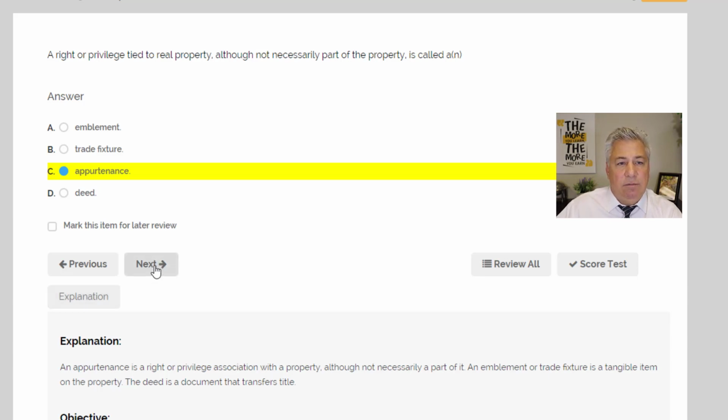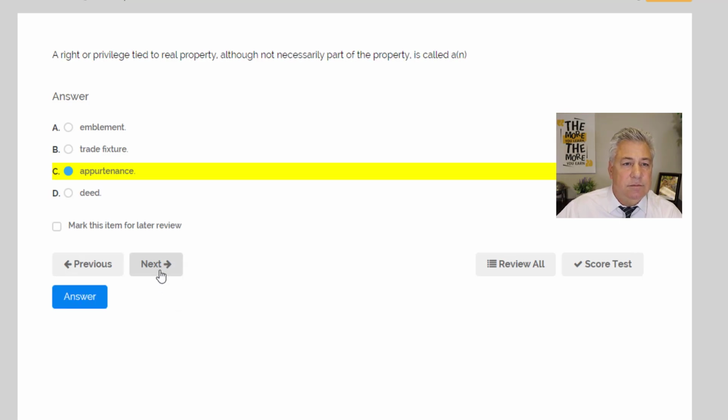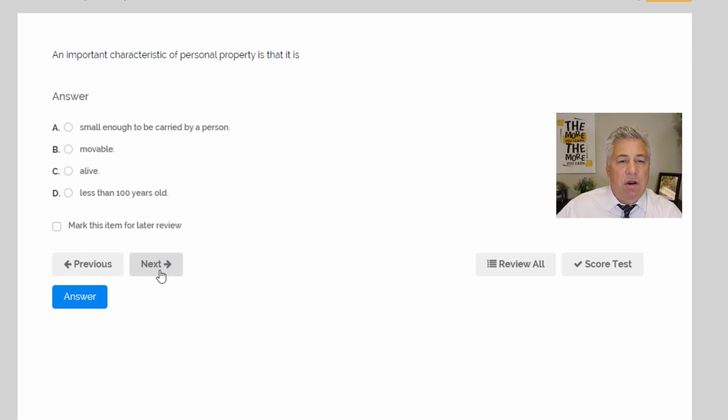Question number 8. An important characteristic of personal property is that it is, I like this question, an important characteristic of personal property. A, small enough to be carried by a person. B, movable. C, alive. And D, less than 100 years old. Well, one of them there certainly stands out. The answer we're looking for here is